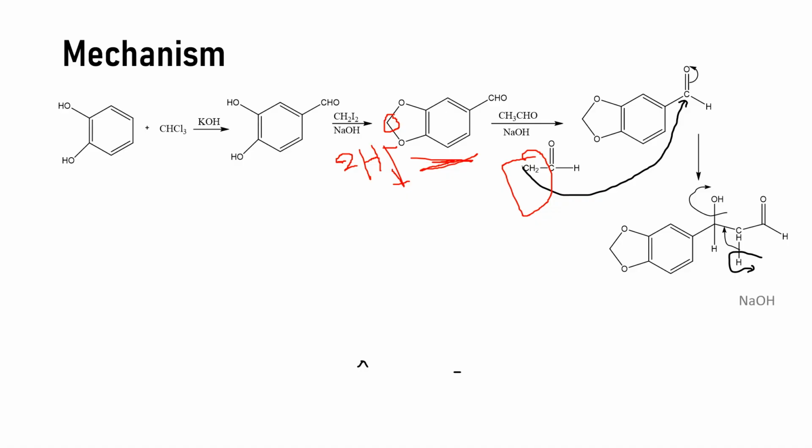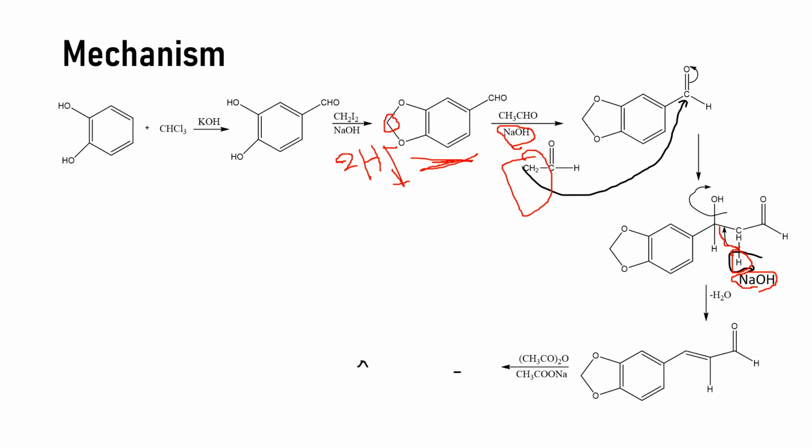How is it removed? Here, one of the sodium hydroxide we took, one hydroxy group of this sodium hydroxide will abstract the proton from this hydrogen. So the hydrogen will be lost as minus H2O, and this bond will migrate to the second position of the carbon. Then a double bond will be formed, and next